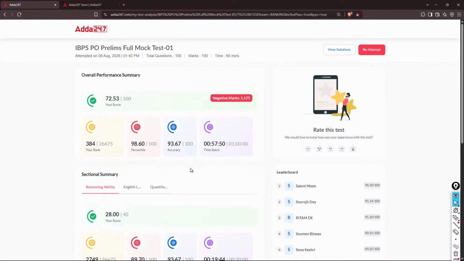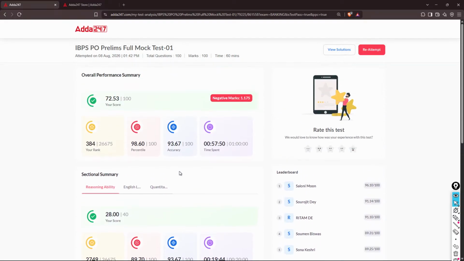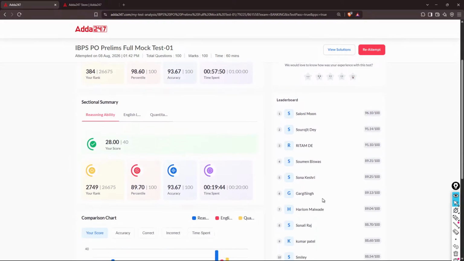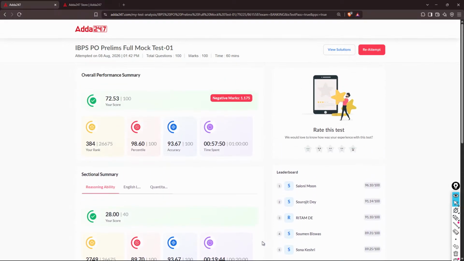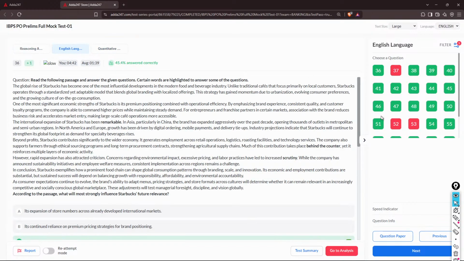But yeah, the score came out to be 72, which is, I think, my highest in any IBPS PO exam, or rather in any PO prelims mock. So the level was very easy. It could have been 80 plus also, but it's quite good that I have made some progress. But for the PQRS section, I think I need to work more on that, because majority of those mock tests I have seen that in English 2 to 3 PQRSs are wrong, so that's not correct.